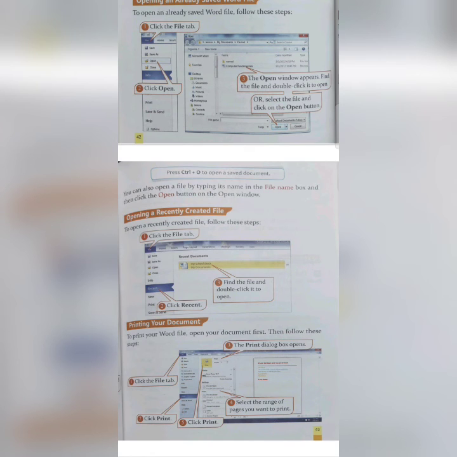Click the File tab, then click Print, then the print dialog box will open. After the print dialog box opens, select the range of pages you want to print. Then click on Print. At last, the document will be printed and it will come to you as a hard copy.